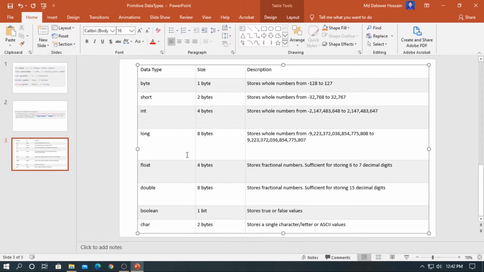Integer types. Byte. The byte data type can store whole numbers from -128 to 127.